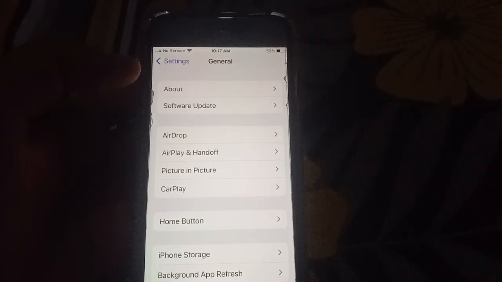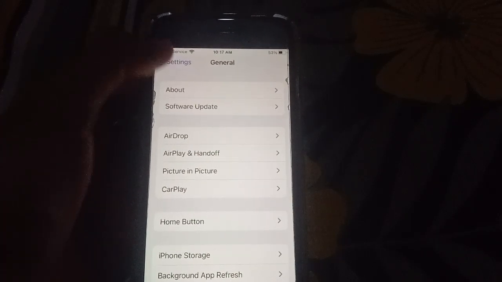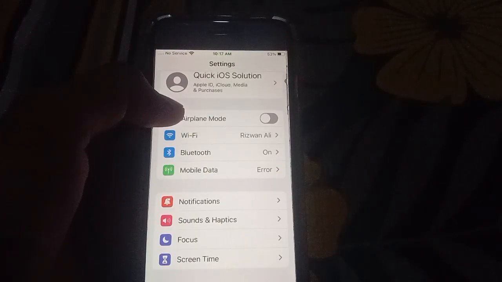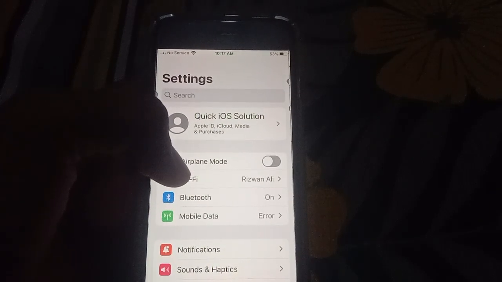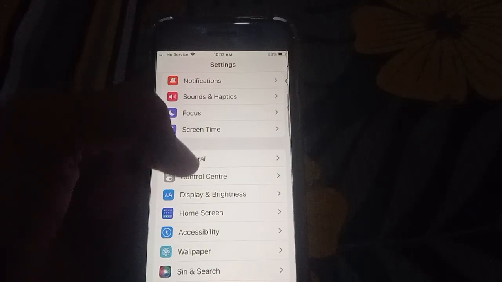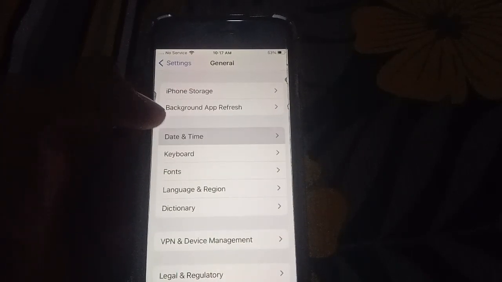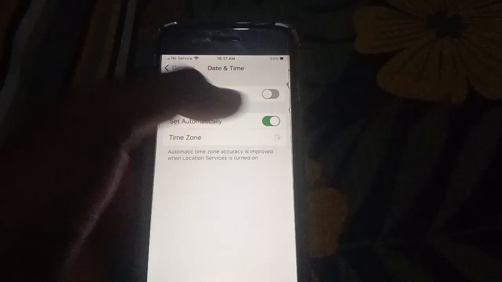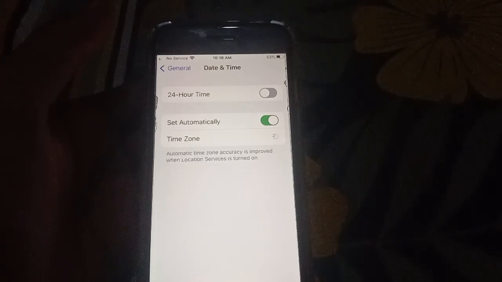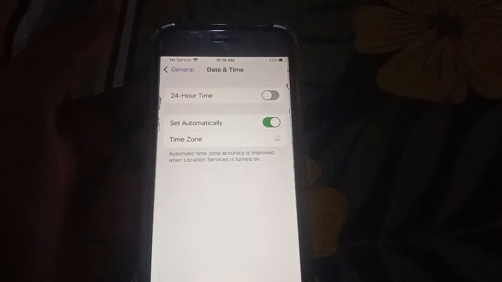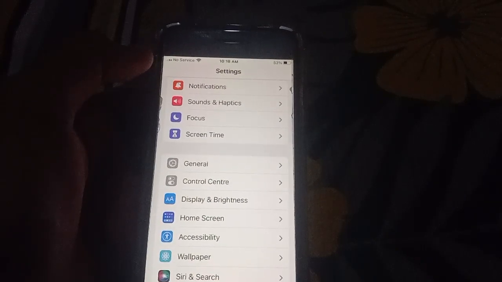If the first solution is not working, then the second solution: check the time and set it automatically. Tap on General, then click on Date and Time, and set it automatically, and then your problem will be fixed. But if the second solution is not working on your problem,